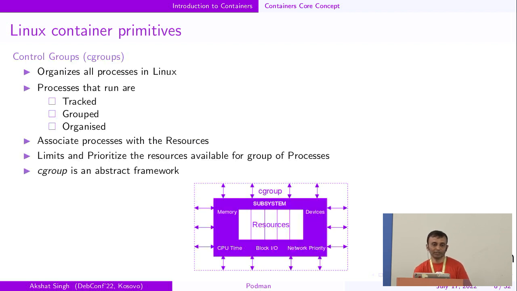If we go into detail about control groups, which are a Linux primitive, they organize all the processes in Linux in the form of a hierarchy. Each and every process in Linux is tracked. These processes are tracked, grouped, and organized, and each process is associated with a resource. If we look at the cgroups,